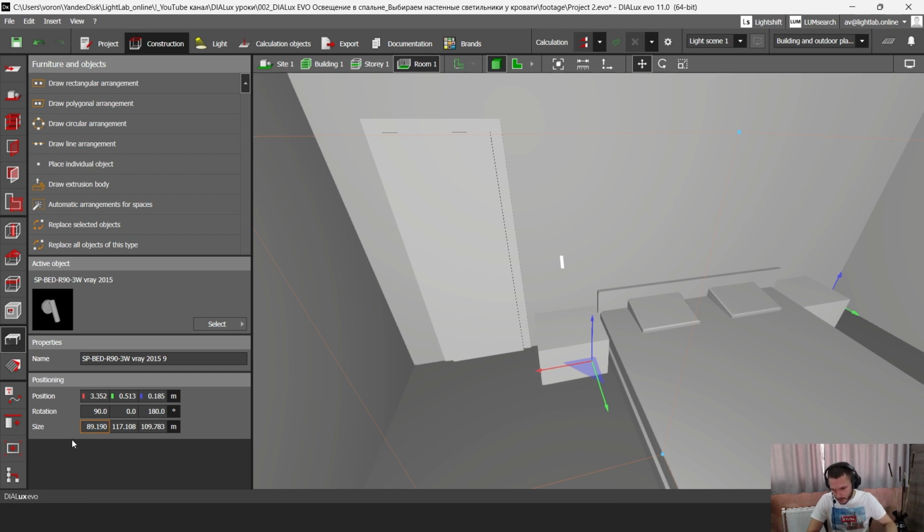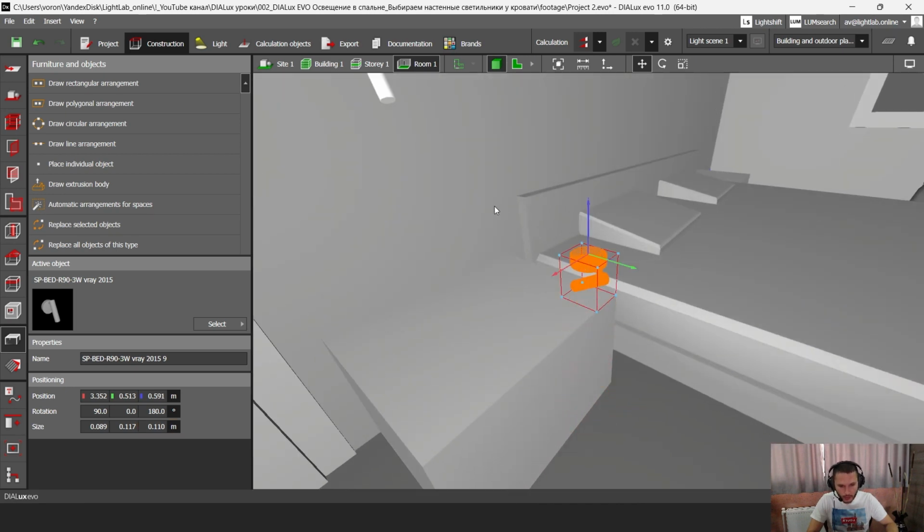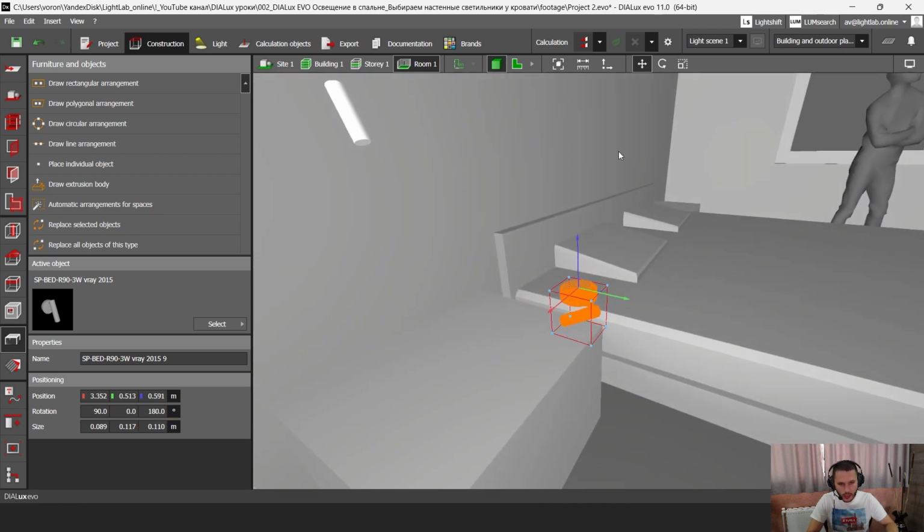So let's go to this parameter window and click here 0.089, here 0.117, and here 0.110. Okay, so now I have my 3D model here, and I click the rotation button and I rotate my